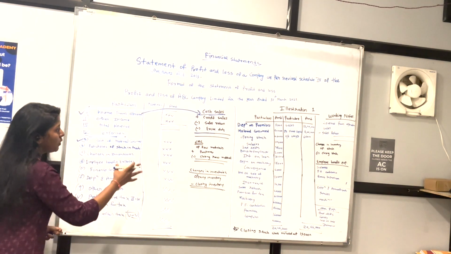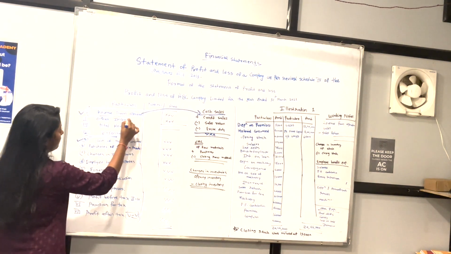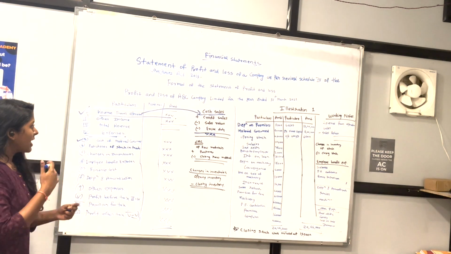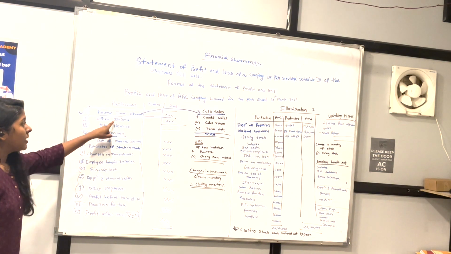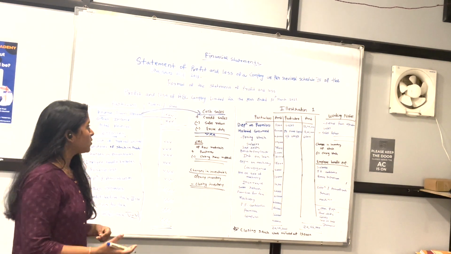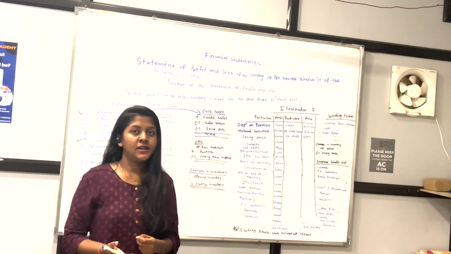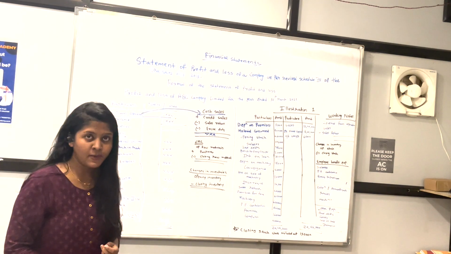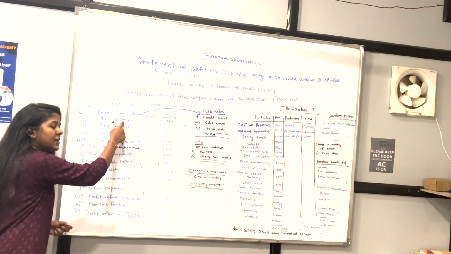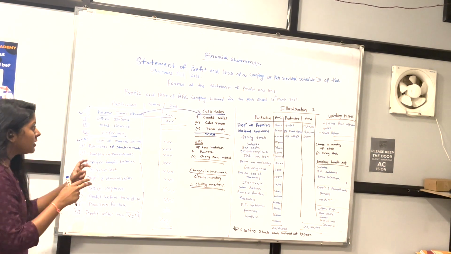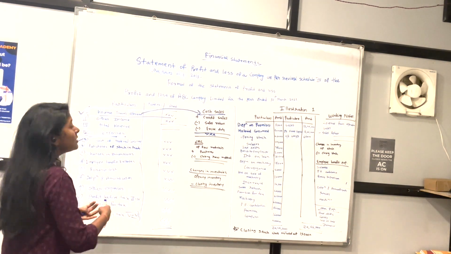Okay, so whatever amount we are getting, the final amount, that we have to put here. So that is revenue from operations. The next is other income. Other income means income other than sales. Which are the incomes other than sales? It will be like profit on sale of fixed assets or profit on sale of investment, or interest, whatever interest you are receiving. That is included in other income. So in an easy way, other income is the income earned other than sale.